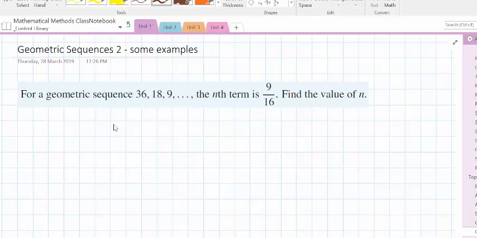Alright, so let's look at some examples in the second video on geometric sequences. So, three quick examples which range in complexity. So number 1, for a geometric sequence